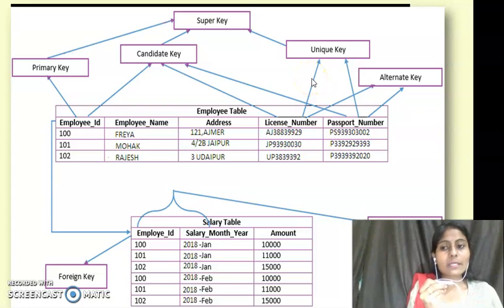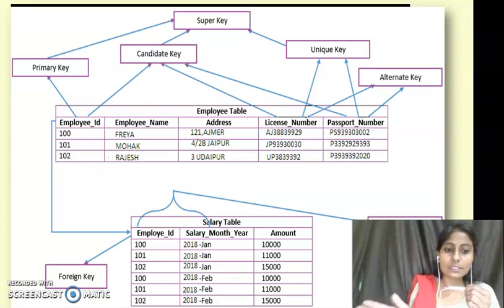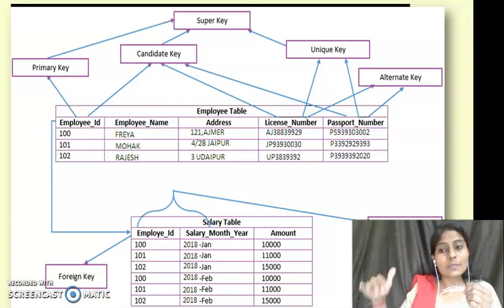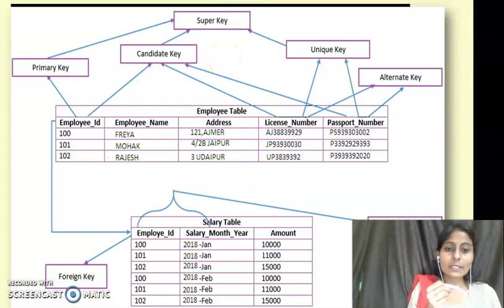We can also say that the unique key and primary key are a little bit different, students. So here I will clarify what the difference is. Primary key and unique key are both used to uniquely identify the record in a table, but there is a little difference: in a primary key field we can't leave any record value without entry, but in a unique key field we can set the column so that a record may not contain a value. So a unique key can contain the null value, meaning the blank value, but a primary key cannot contain the null value.